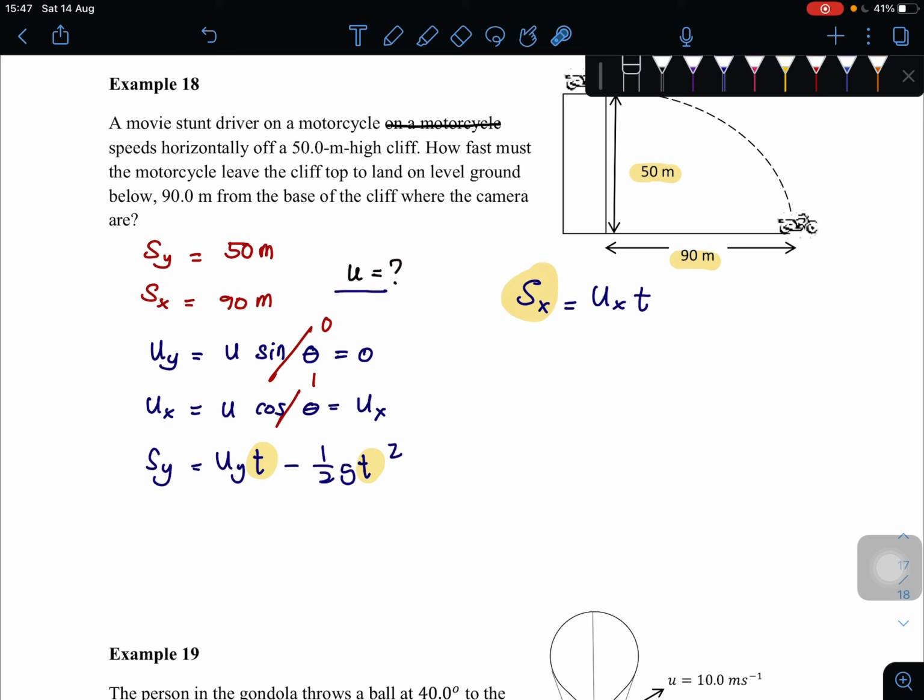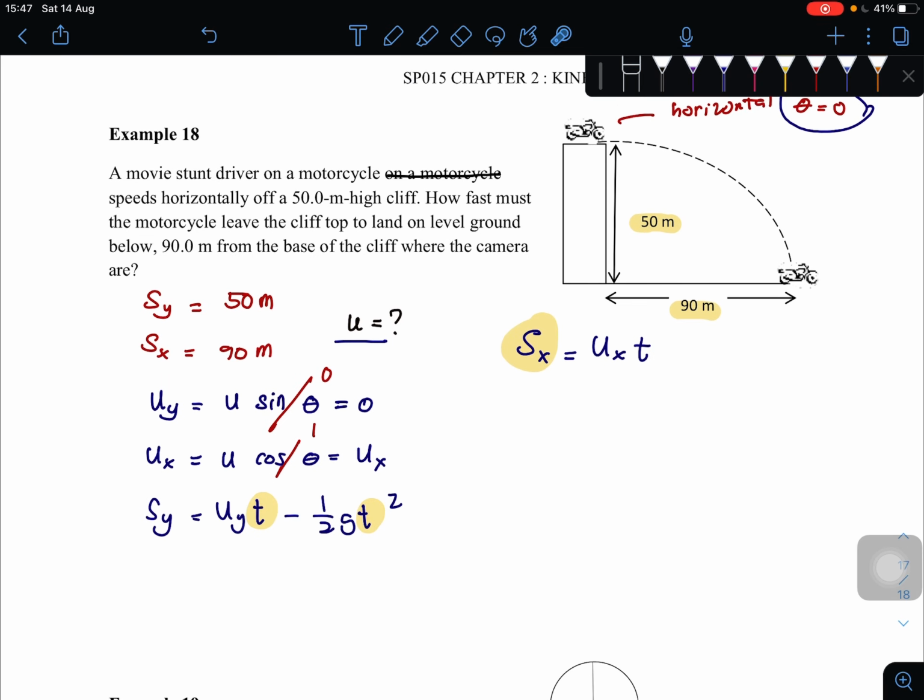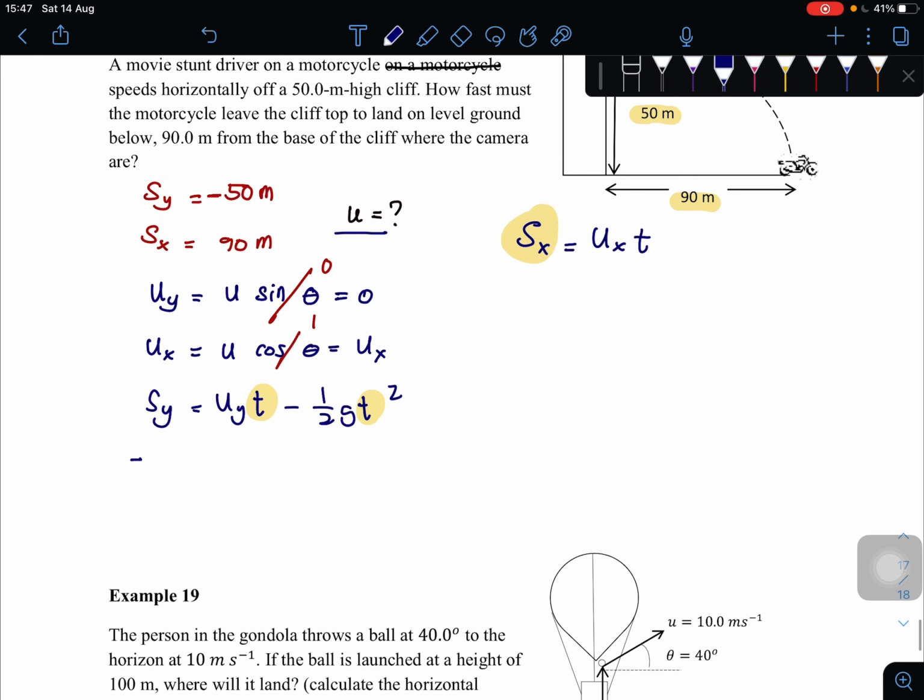Okay, before we can substitute, remember, if the situation is going downward, it goes down like this, so the displacement is negative because the direction is downward. So for the y component it is negative. You need to be careful with that, so always include the negative value. So negative 50 is equal to 0, since uy is zero, minus half g t square. So we can find the value for t,